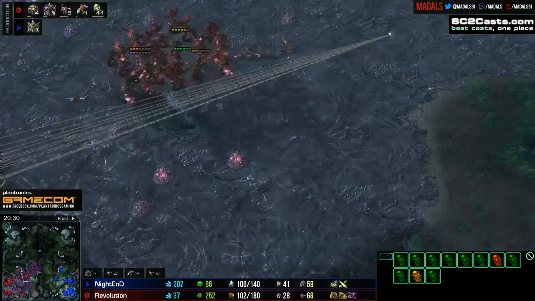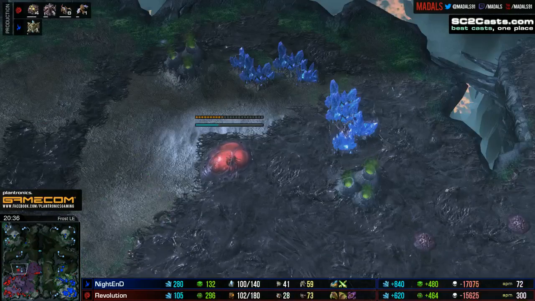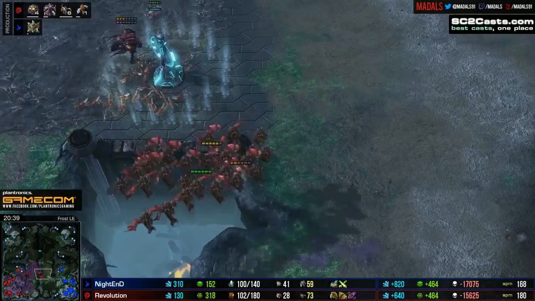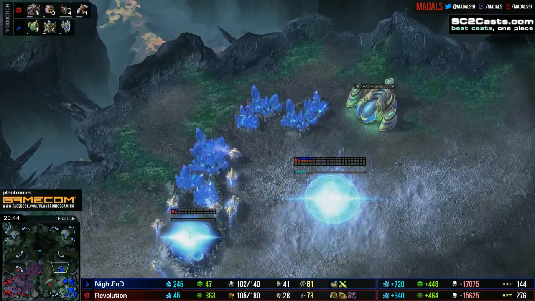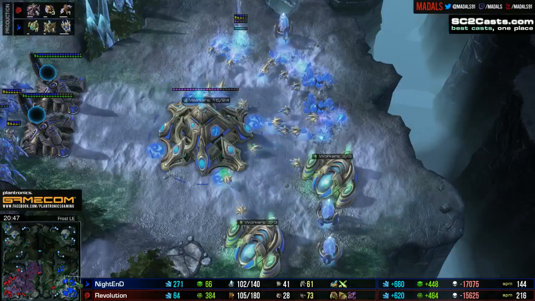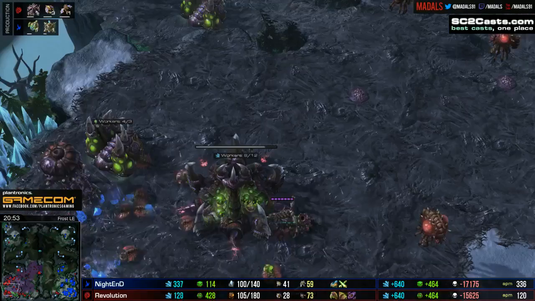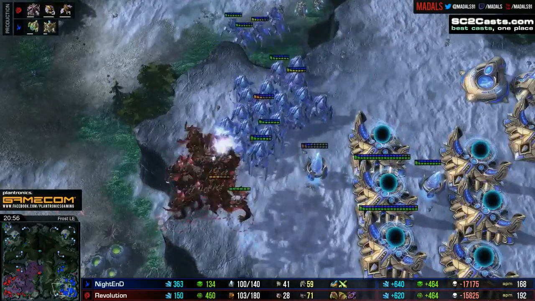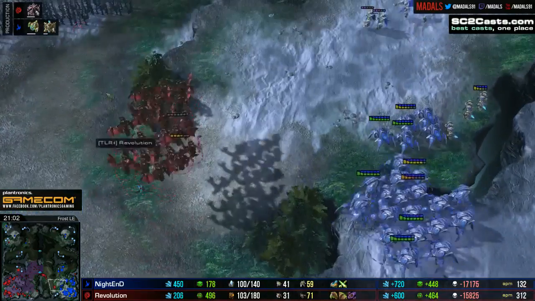Revolution is going to try and end this game, and he's kind of got to. His drone count is still ridiculously low after that DT aggression, so he's got to end it pretty quick. Yes, NightEnD is also struggling for income since his main's mined out and his natural is getting low, but not in such a bad spot as Revolution currently is. So NightEnD is able to pick off a couple more Mutalisks,